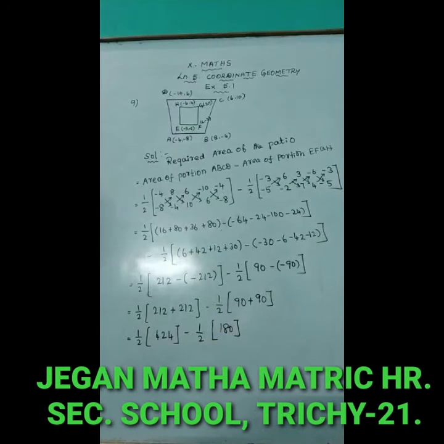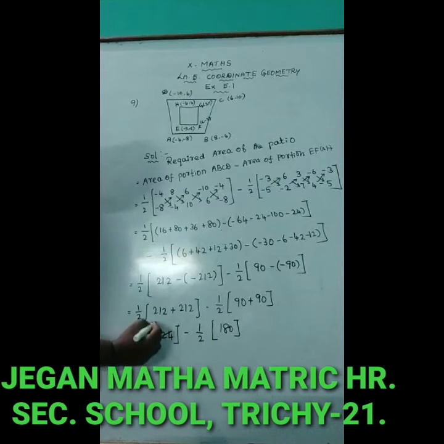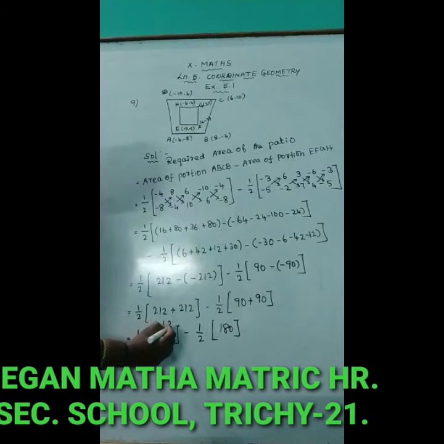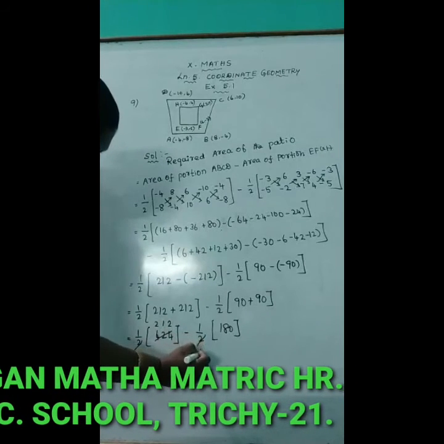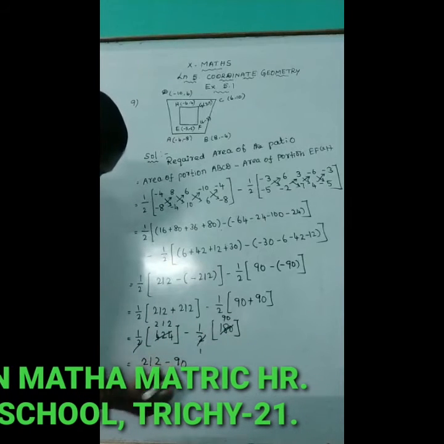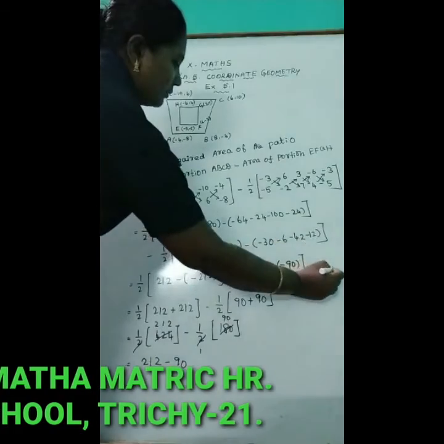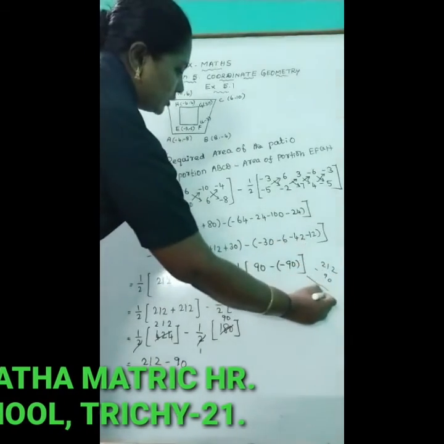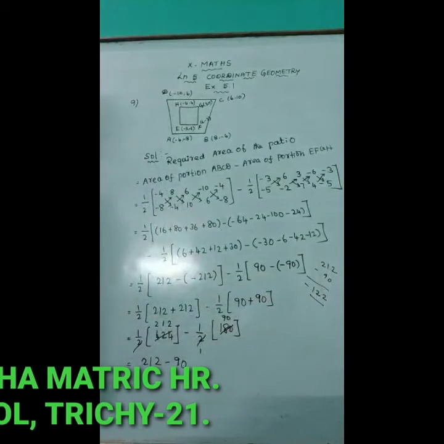So the next step, simplify into the two table. We have the next one, simplify here: 2 2s are 4, 1 2s are 2, 2 2s are 4, so 212. Then here 1 2s are 2, 9 2s are 180, minus 90. So subtracted from 212 minus 90 we have 122, so plus